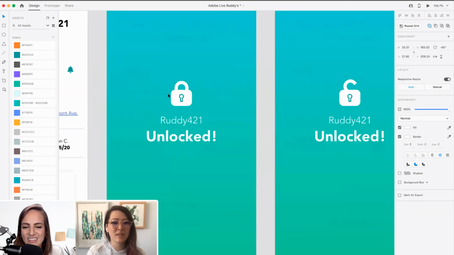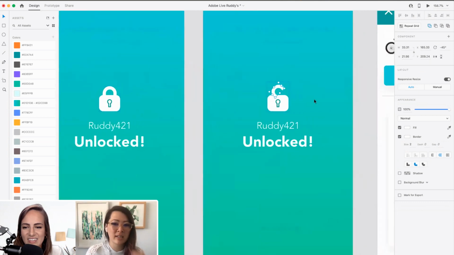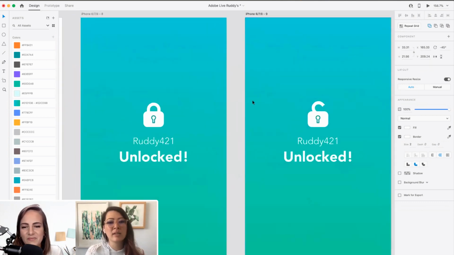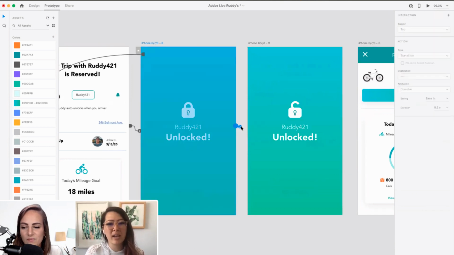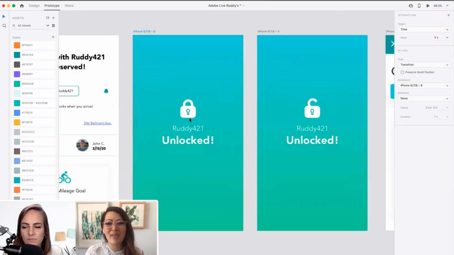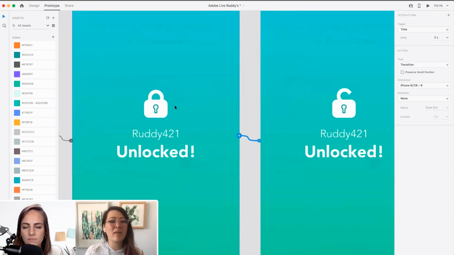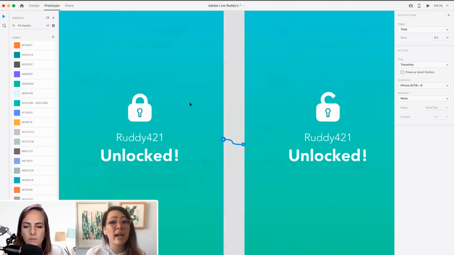I just realized this was locked, so I needed to create an unlock view. If you want some subtle auto animation here, go back into prototyping mode. Again, for me this is not about making it cool, but about visually helping the user understand that this is being unlocked. So that's why I would create an animation.